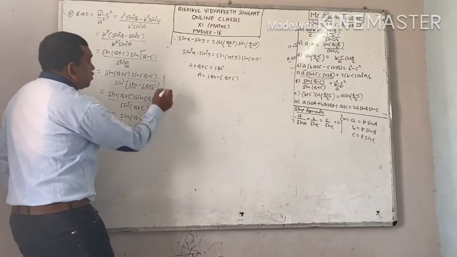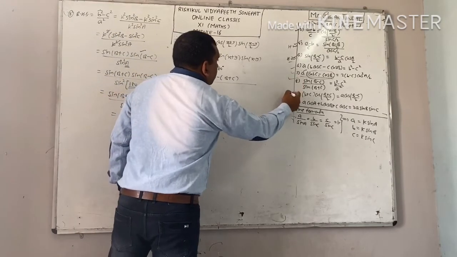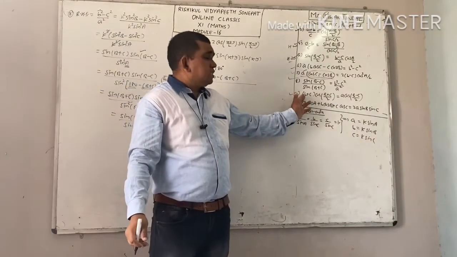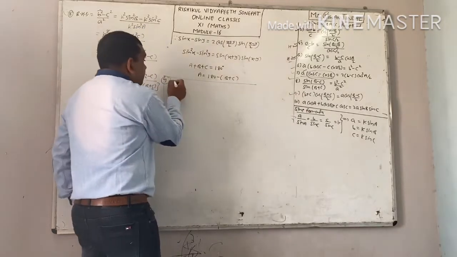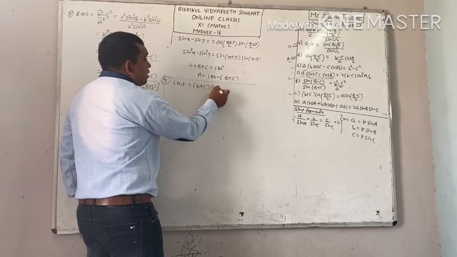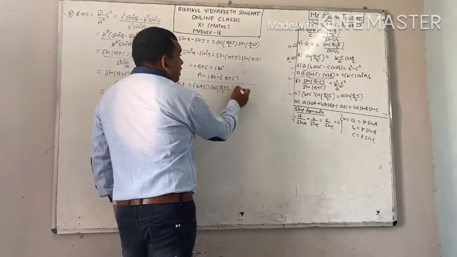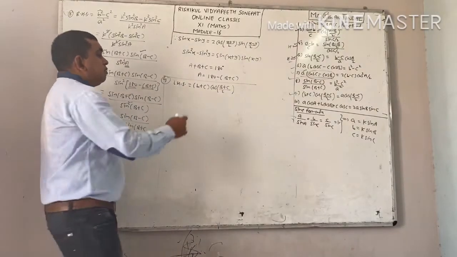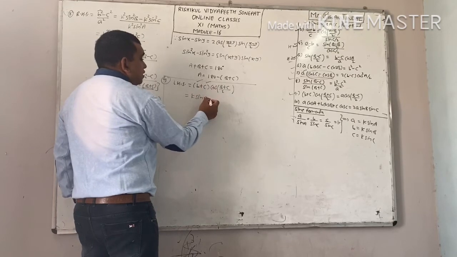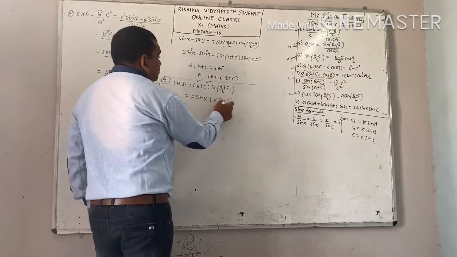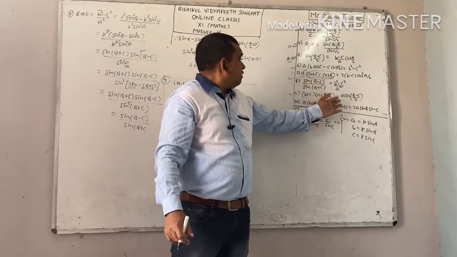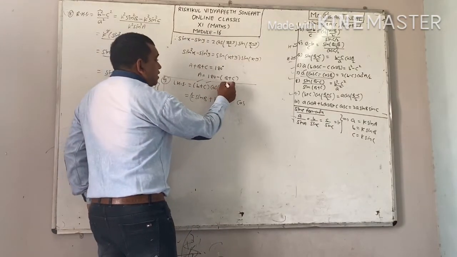Now move to next problem, that is your question number 9. In 9th question, just simply put up the value of B and C. I am taking left hand side. Left hand side is B plus C into cos B plus C by 2. Right? Now put up the value of B. B is your K sin B. C is your K sin C. This is your cos. We don't require B plus C in our answer. That's why we can simply put up the value of B plus C.